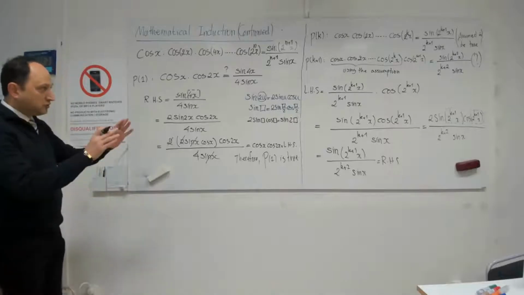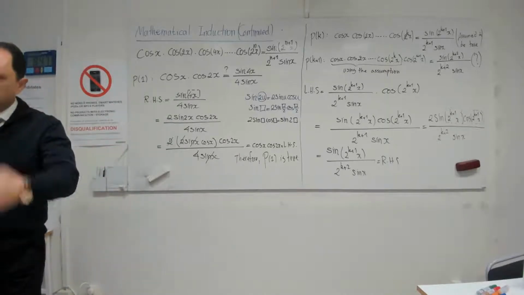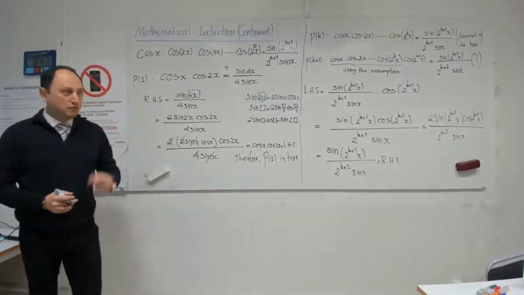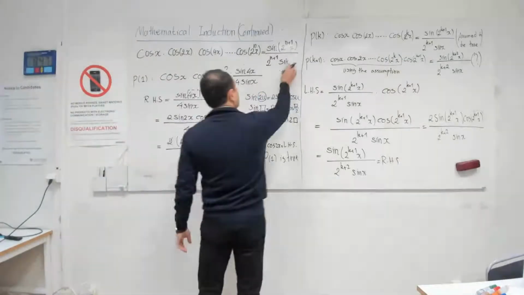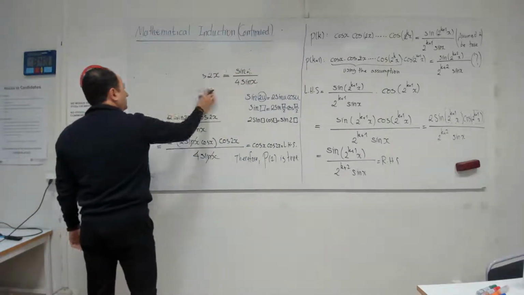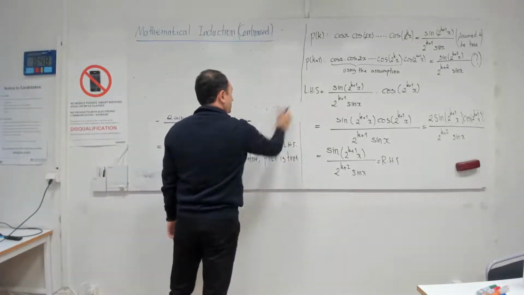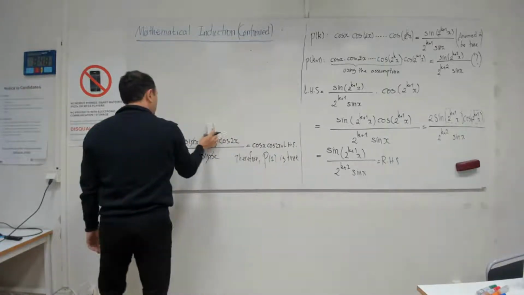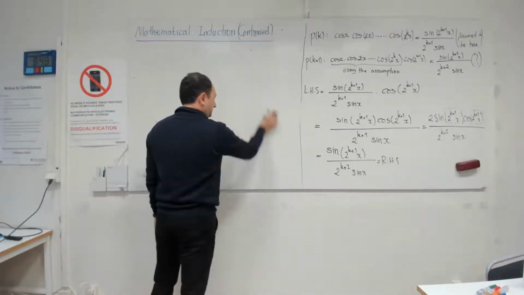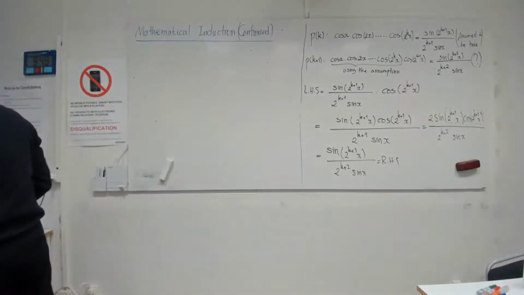So that is also a good example. At least it shows that sometimes checking P1 is not that trivial. So you need to do some work to check the P1. Any questions so far? There was also one problem left. Let me also solve that one as well. Okay, so the other problem is